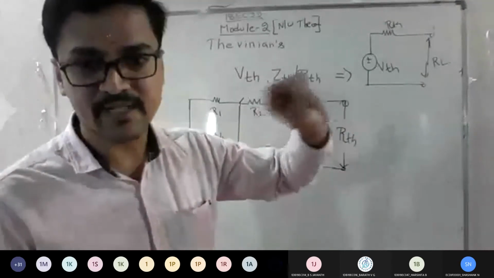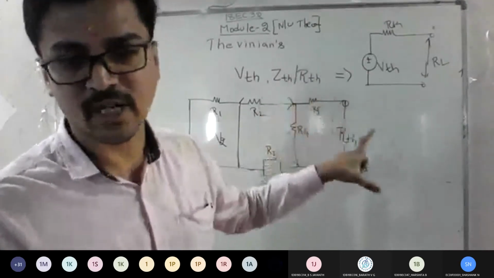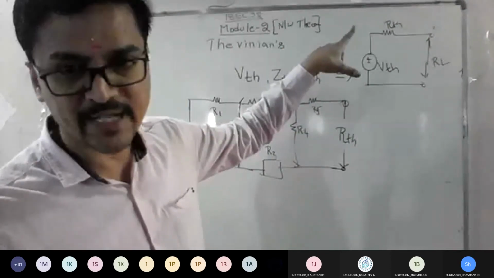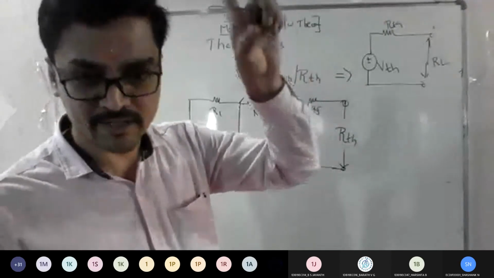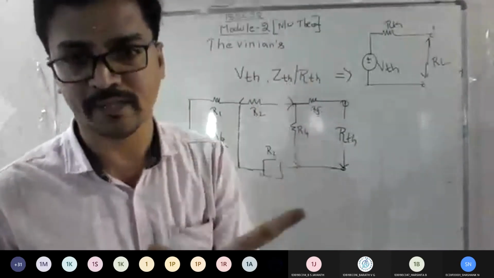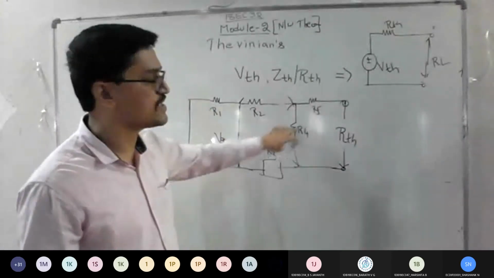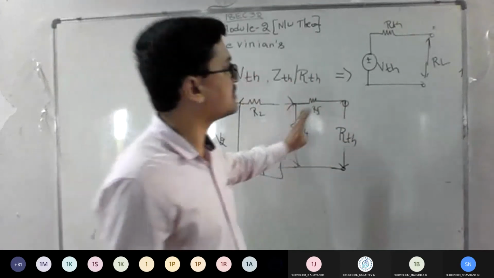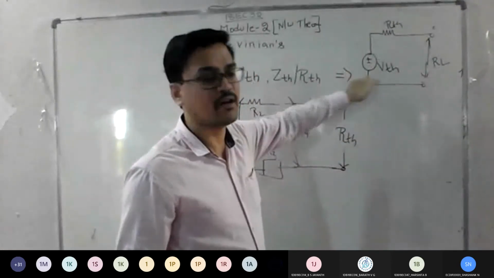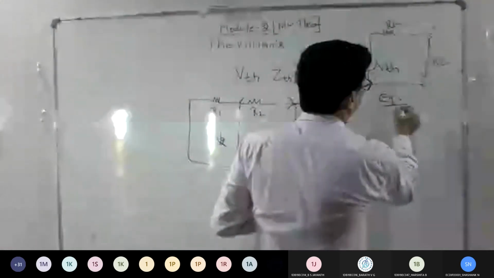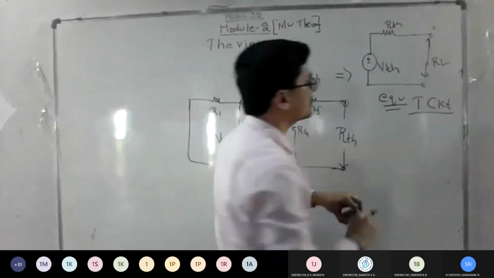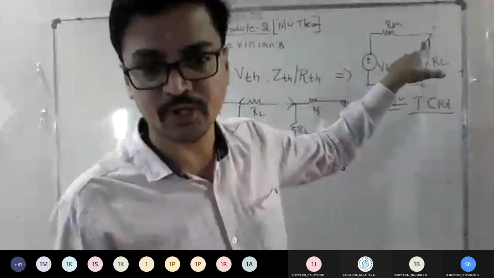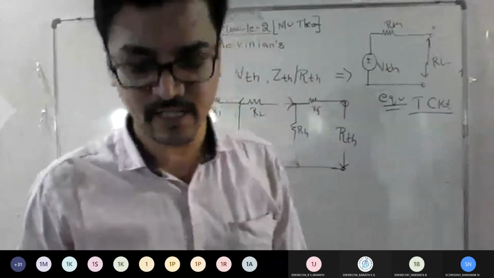To find VTH, remove the load, add VTH there. Apply the logic of either KCL or KVL, and get the answer of equivalent Thevenin's voltage. Similarly, to find the equivalent RTH, wherever a voltage source is there, short it. Wherever a current source is there, open it. So it looks like this. Everywhere you can see only resistors, right? So you can do series-parallel combination and get the answer of RTH. That answer you need to write in this form. This is called the equivalent Thevenin circuit. This is the climax, or the end, of a problem. You need to build that equivalent Thevenin circuit with the values you got and end the problem. Am I clear till yet, everyone?